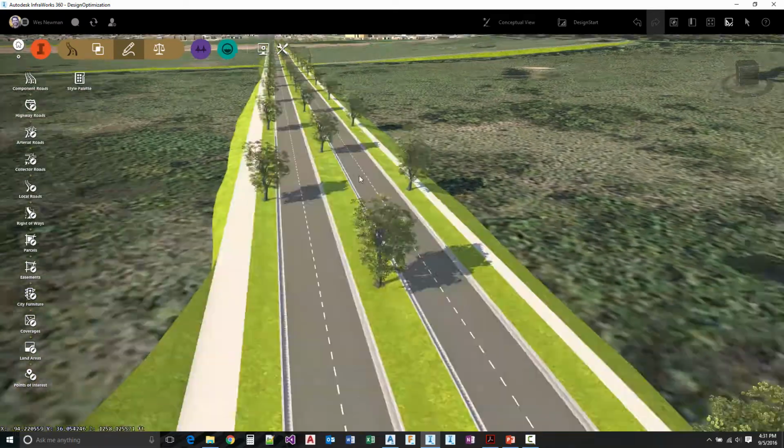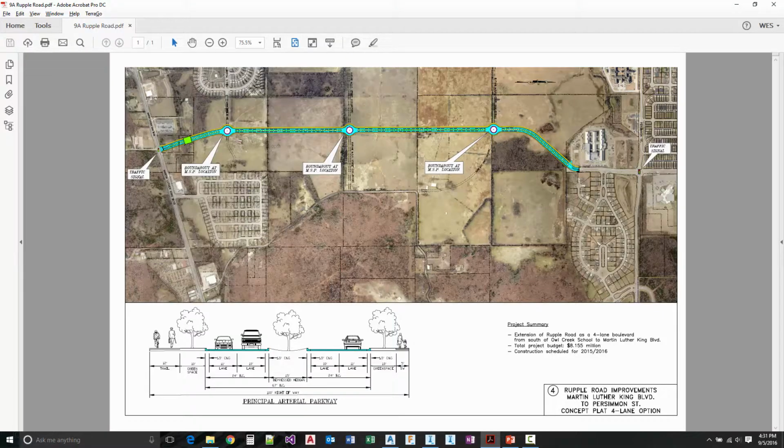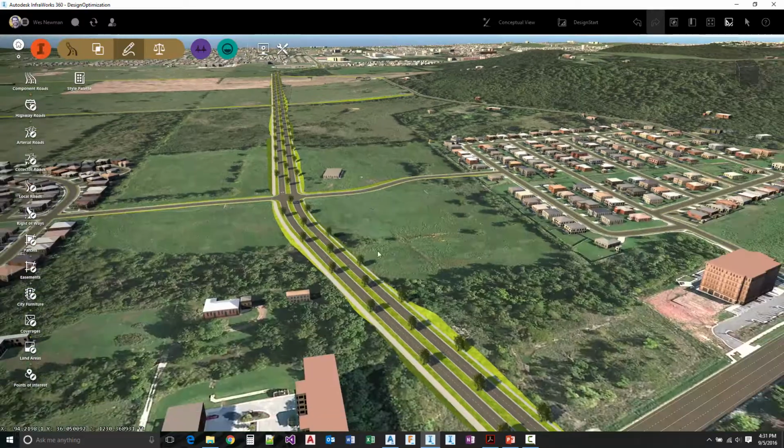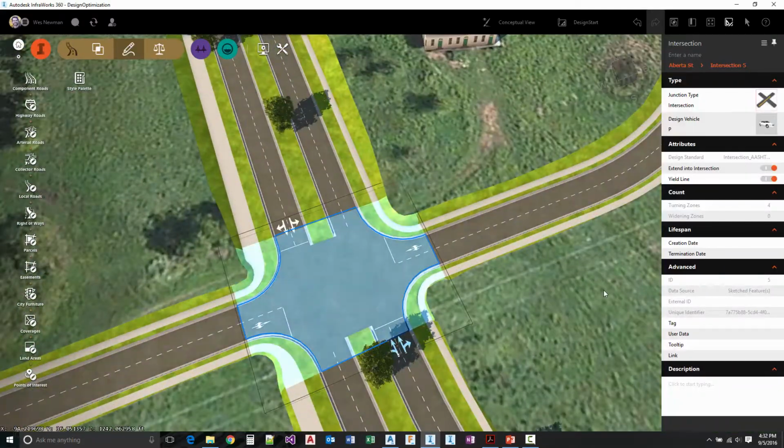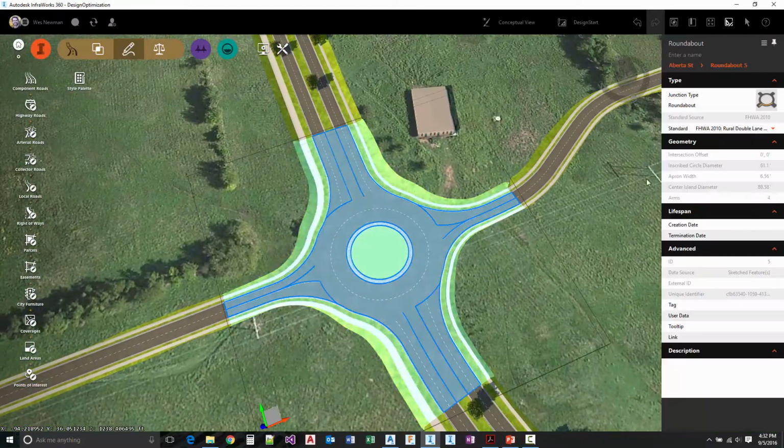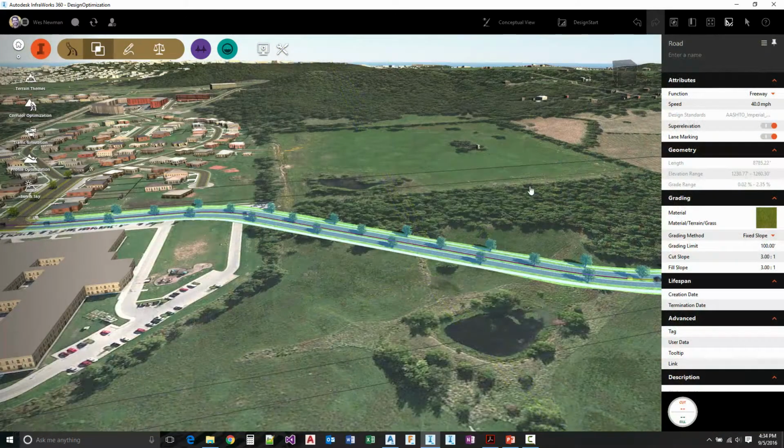So you can see we've also laid out some trees staggered. So looking at that concept plan, now we need to go back, do some roundabouts at these intersections. That's as simple as just hitting the intersection, switching it to a roundabout, and then specifying which standard we want